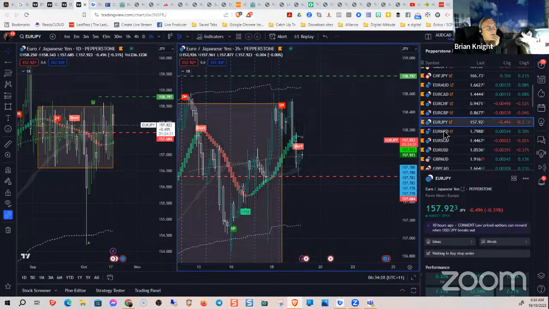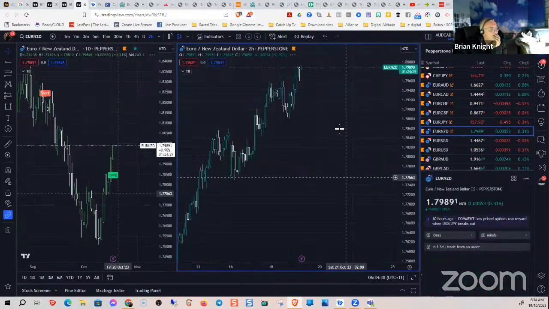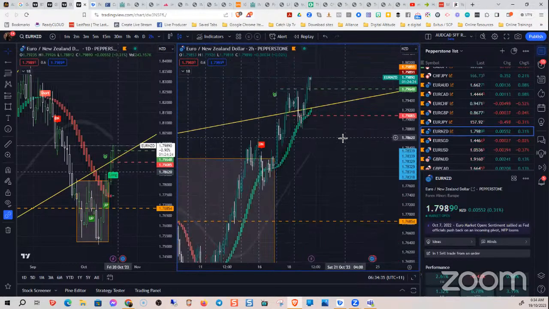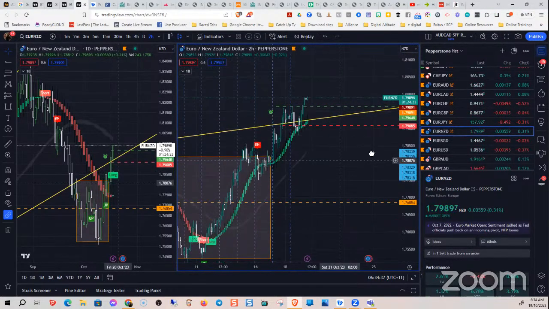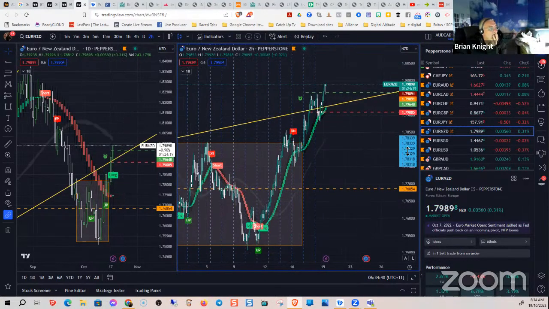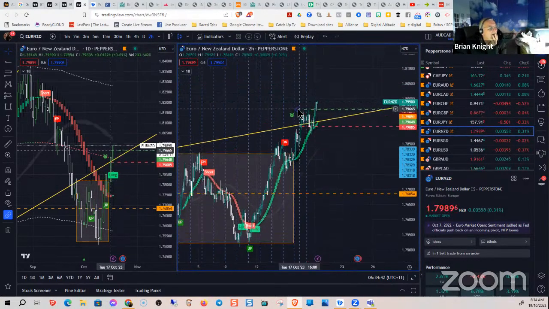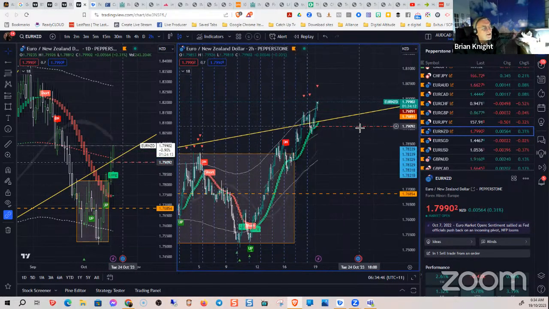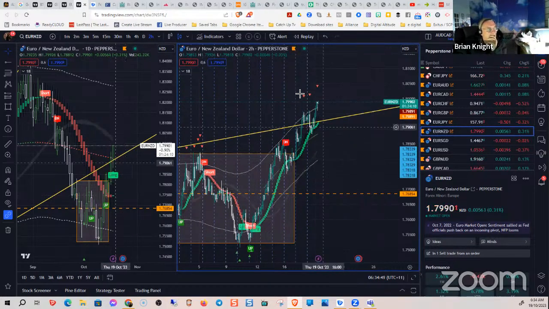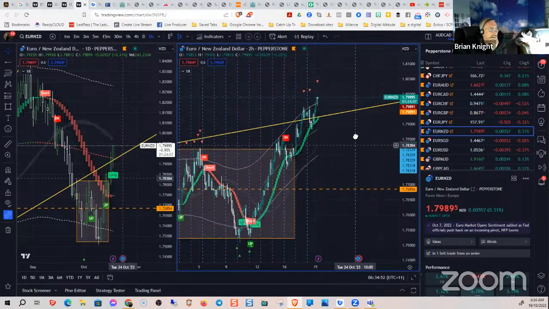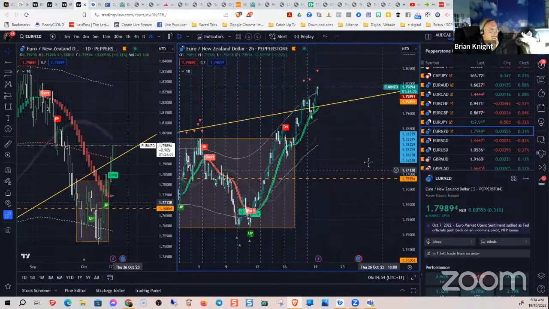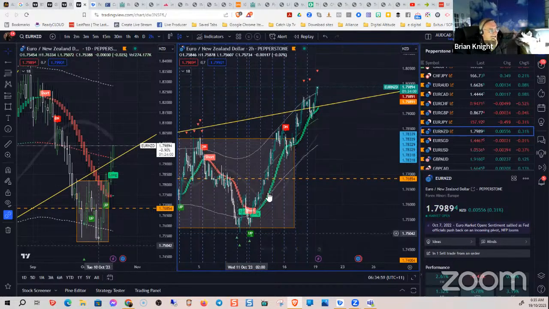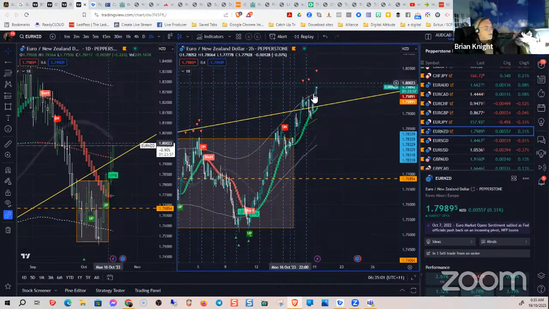Depends. Okay, Euro NZD. Oh my gosh. Look at that. I'm sitting here just wringing my fingers waiting for this to fall. Yeah. I'm going to take this off. I don't know what I'm doing with this. It's crazy. Too many. Yeah, look at it. All right. It had it down there. Look at this. See where it did this and then down it went? This has been a long-term sort of push. We're getting ready for it.